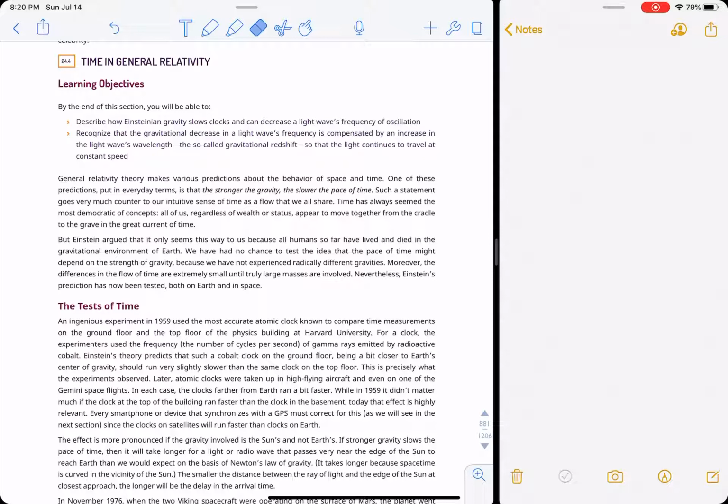Okay, so how should I say this? The faster you move through space, the slower you move through time. The slower you move through time, the faster you move through space. So right now, if you're sitting around, you're moving through time at the speed of light, because you're barely moving through space. You can start going faster, and the faster you go, the slower time will tick for you, because you're spending most of your time moving through space.